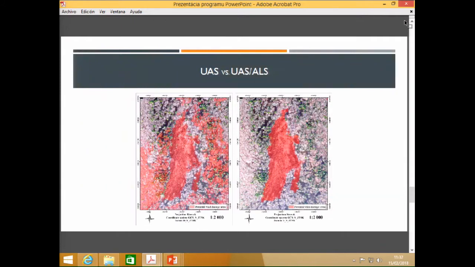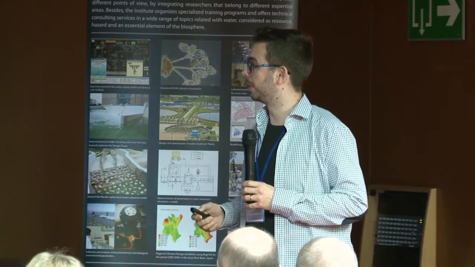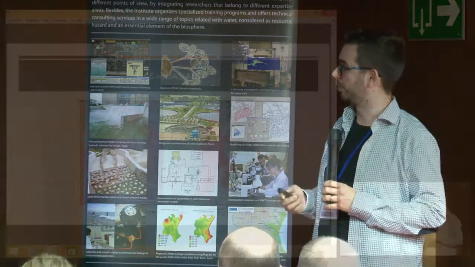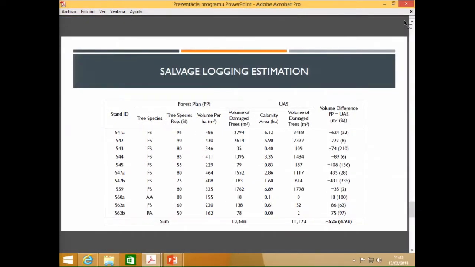So here we can see the results just from the UAS. I will finish in 1 minute. The red is the potential windthrow area, and we can see that where we combine the UAS and airborne laser scanning, the results are much better, much more improved. And we have also calculated the volume of the fallen trees based on the area and the forest management plans, and we have a difference of something around 5% when we compare the volume that the foresters take to the storage, where they measure the trees, so we compare it